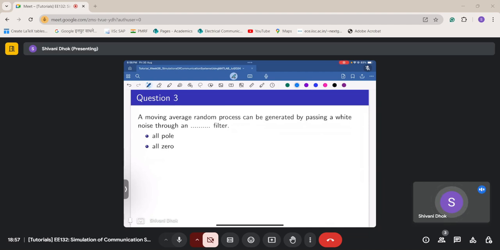So what we will do is, let's take a discrete process. So this H of z, this is the transfer function or system function, or let's say, not write this, the z transform of the impulse response of an LTI system,